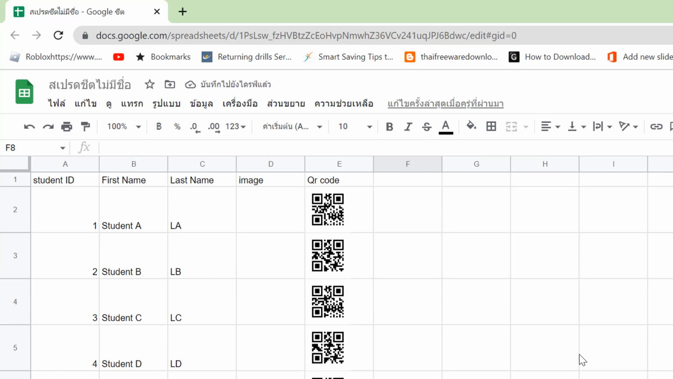okay, that's all for how to make the QR code for each of our student IDs, so that you can print it out and attach it to the name card or the ID card, and then you have the application for scanning and checking for